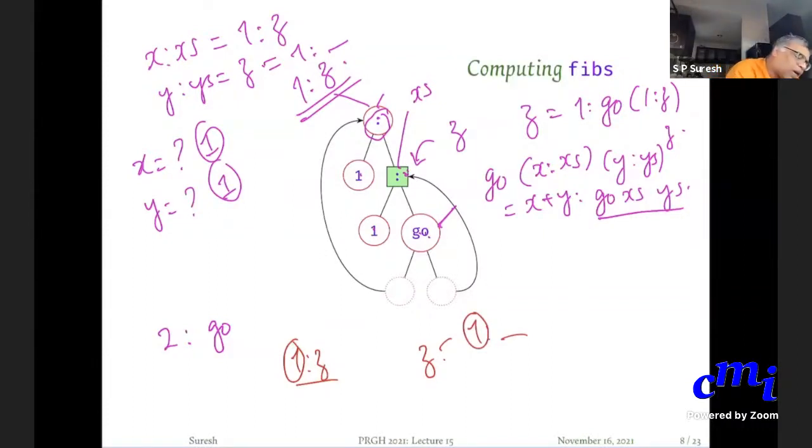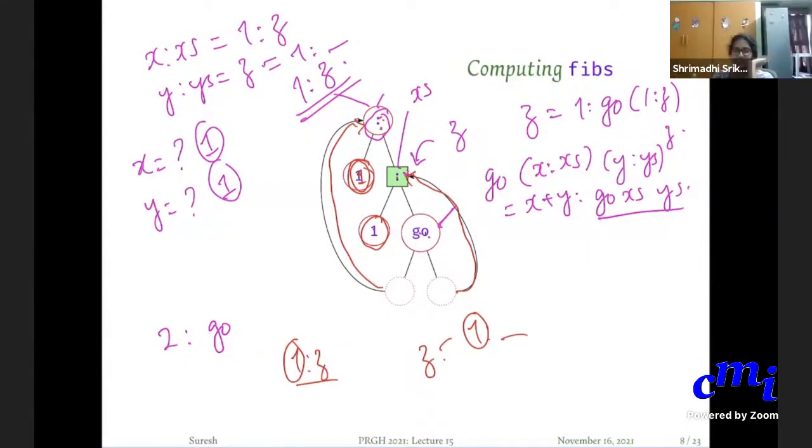Yeah, see the right argument of go, if you follow here, you will see that that's a colon. The colon will have a left hand side and a right hand side. The left hand side will be your y. So this is y. The left argument, if you go all the way here, you will see that it's a colon. Its left argument will be the x. So that's x. Okay. So when Haskell evaluates, it figures out all this by just following these pointers.